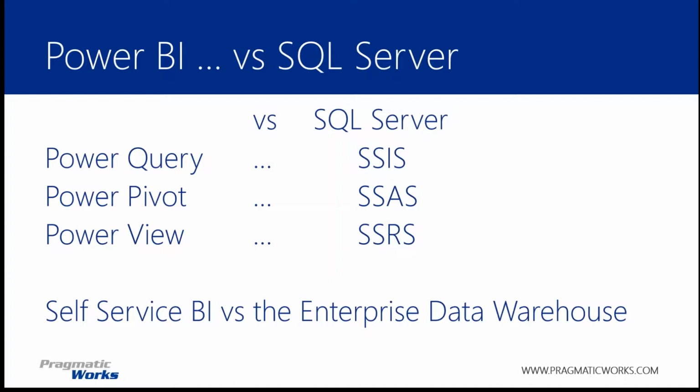So with Power Query, we're pulling in data and we're doing some transforms and extractions from different data sources. That's exactly what SSIS does at the SQL Server level. Same with Power Pivot. Power Pivot was really written off of the xVelocity engine, the same that the SSAS tabular model is written off of. So they're really even using the same model, and all of the functionality of Power Pivot is available in Analysis Services. And finally, with Power View, we have the tried and true SSRS for writing our own pixel perfect reports,